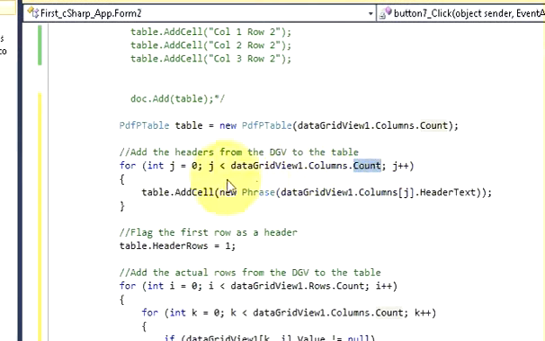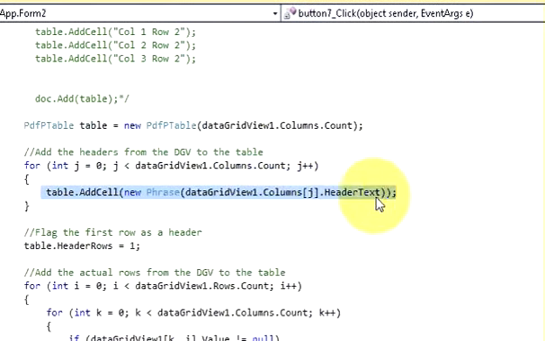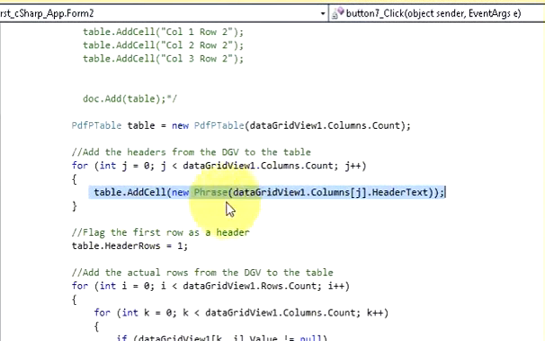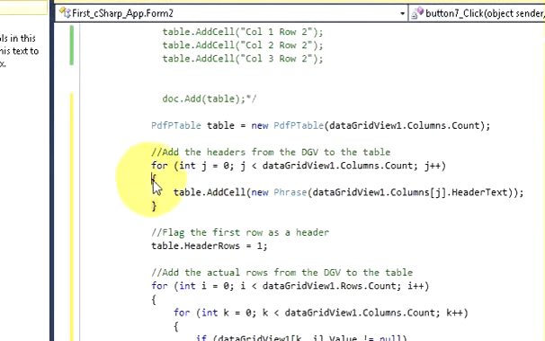So if j is less than column count, then we will pass the header text of the data grid view inside this table cell. So in the for loop, write table, which is this variable, dot add cell, and in